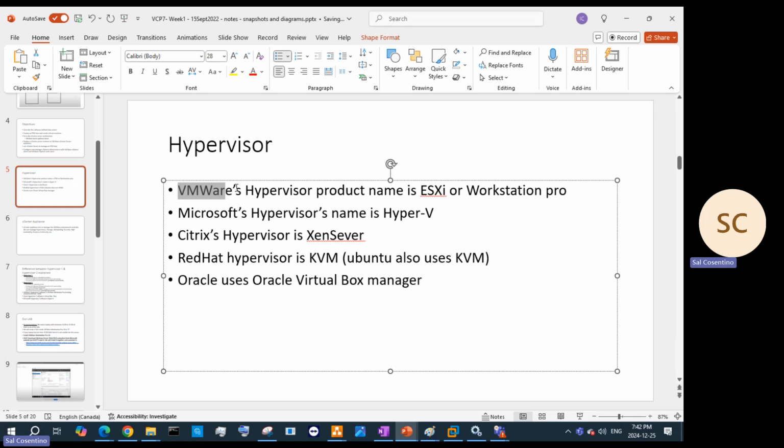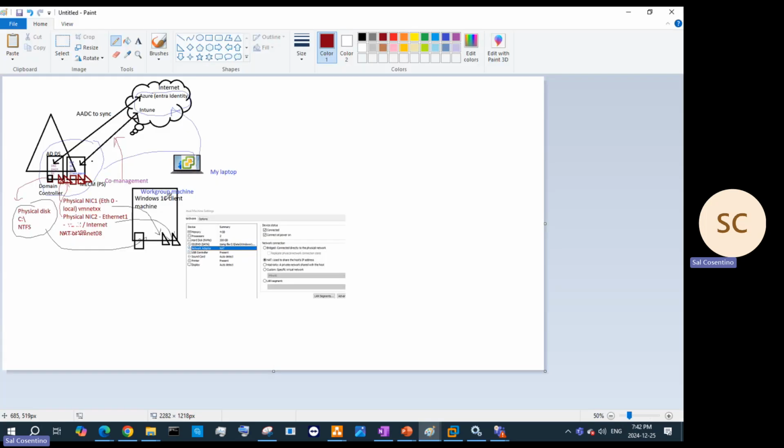We are going to be using Workstation Pro as our hypervisor to create those machines. Sort of what I did here: I created this Windows 10 client machine with an AD and MECM primary site server, which is co-managing to Intune. I'm also going to talk about that, but not fully, because I want to talk to you guys about